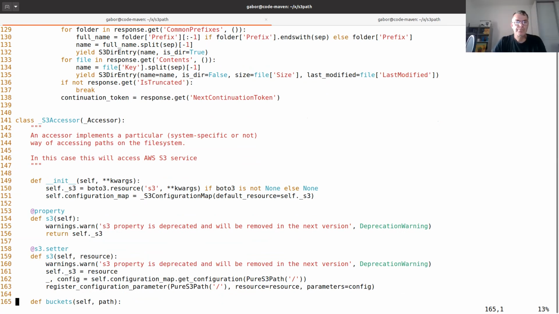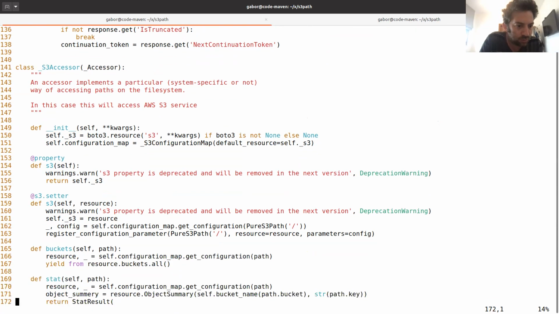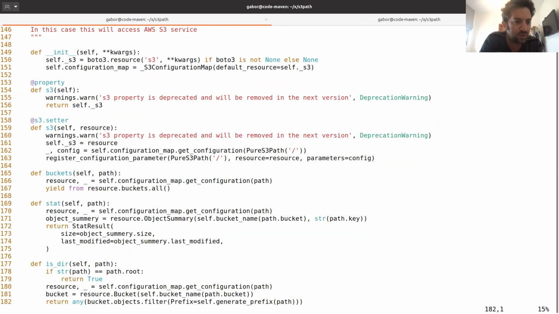Right? So if you go a little bit down, you can see, for example, that stat on a path in the normal pathlib equals os.path.stat, and it gives metadata from the file system about the path.